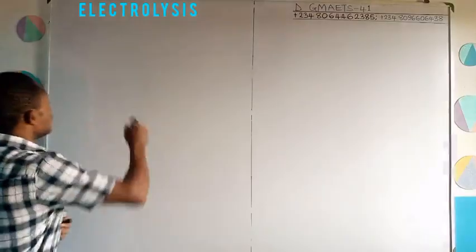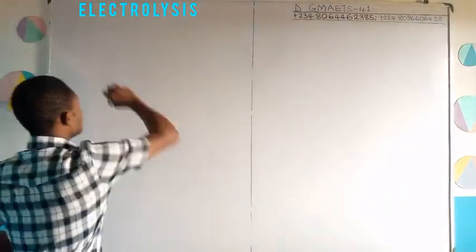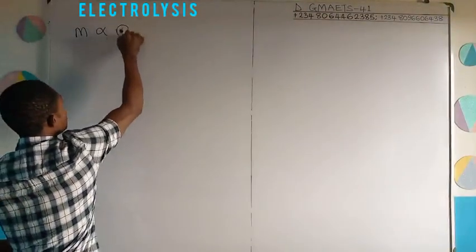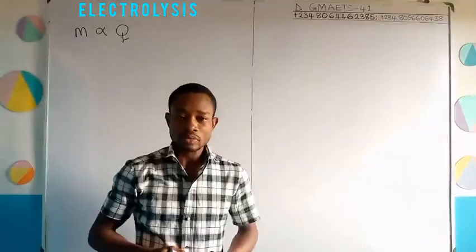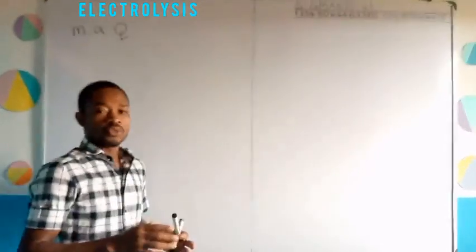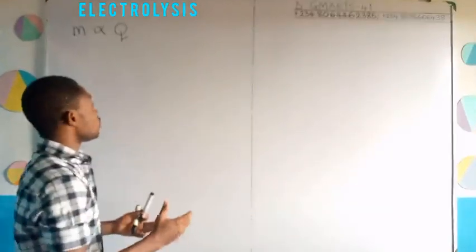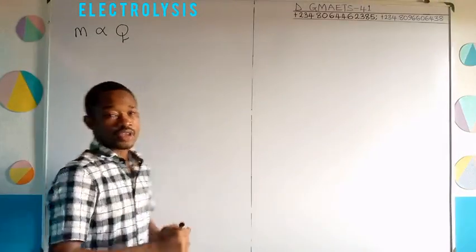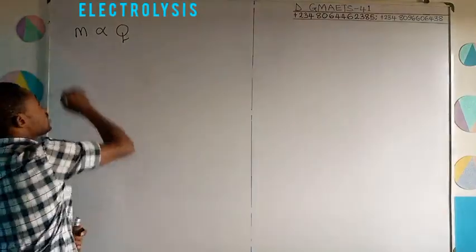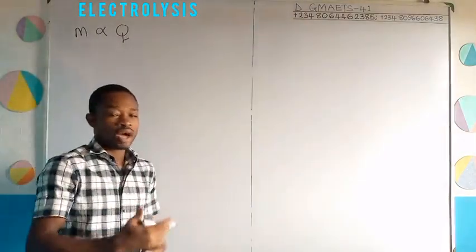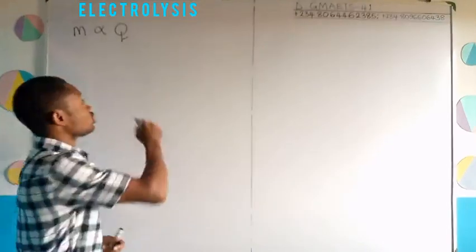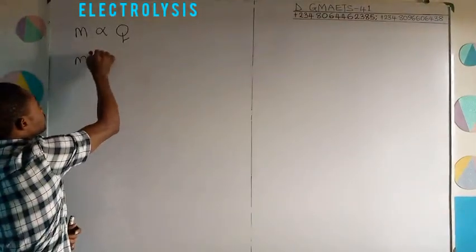Is that okay? Faraday's first law of electrolysis states that mass is directly proportional to quantity of electricity. Now, if we are to remove the proportionality sign, which of course you know is what has to be done for us to be able to solve problems, this will give us that mass is equal to some constant of proportionality multiplied by Q, the quantity of electricity. So we have,